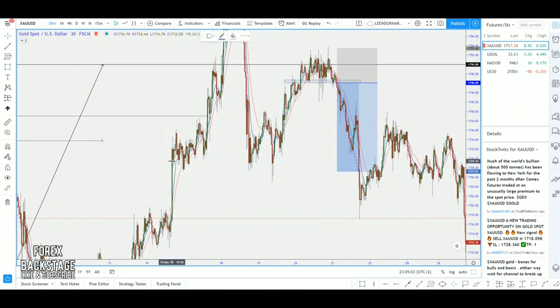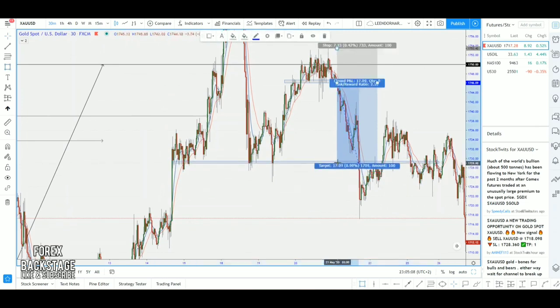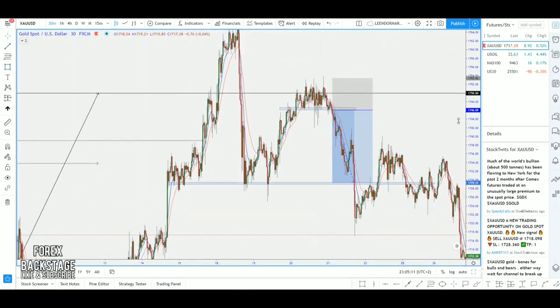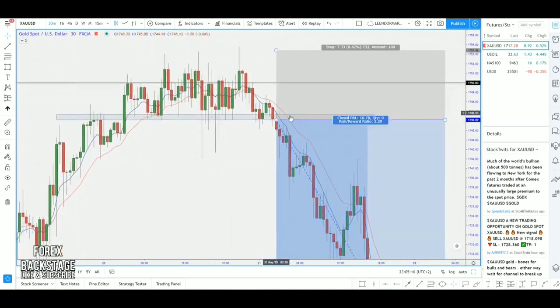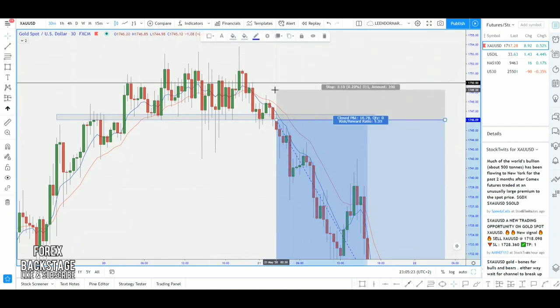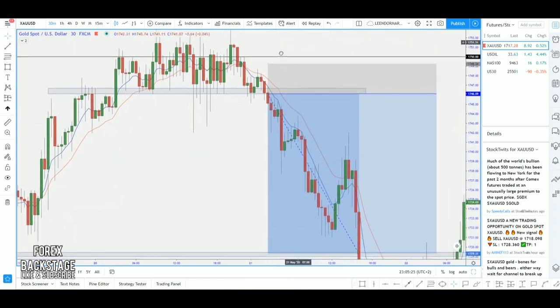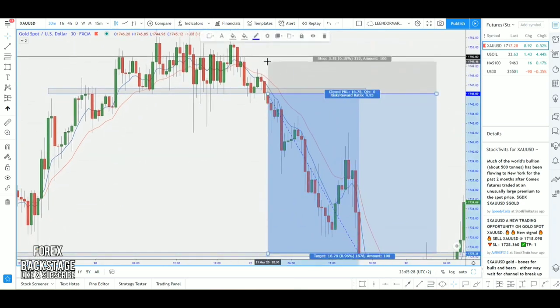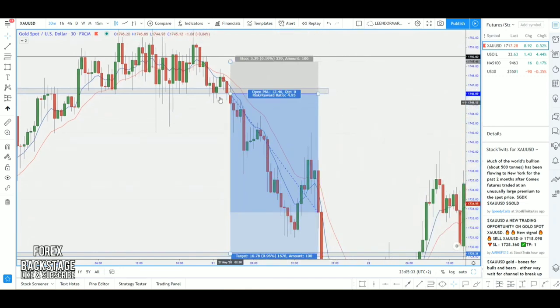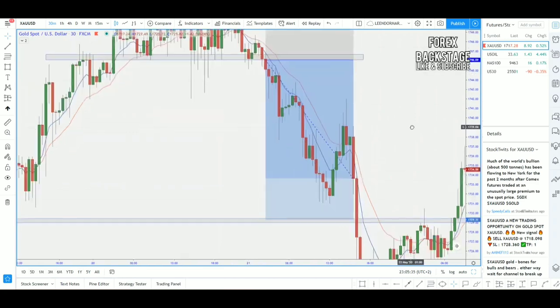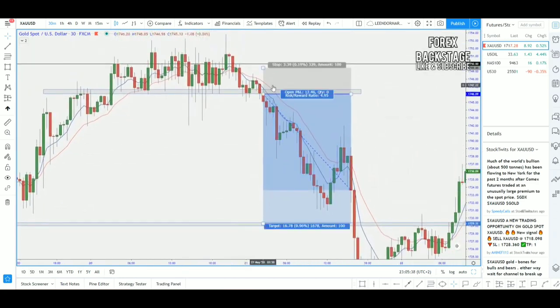Obviously I would have had this whole thing happening from the left, and this would have been my target, honestly. And then my stop loss would be slightly above this level, because I do understand that a break above this level would mean that my trading idea would have been violated. So my stop loss would have been slightly above the previous high, because if we break past the previous high, then obviously we have violated the trading idea. So I make room for stop losses and everything. So I would obviously literally risk